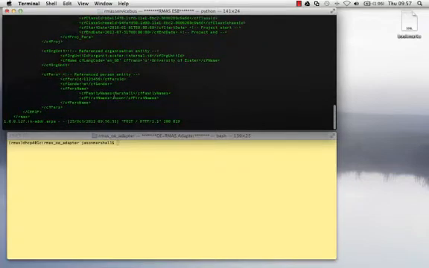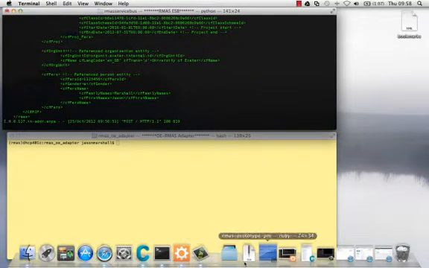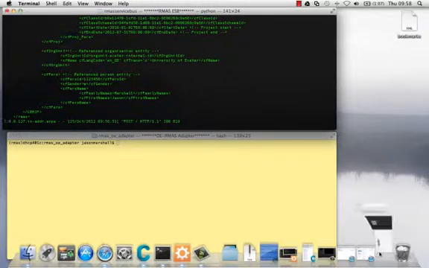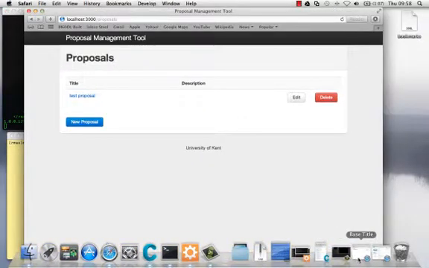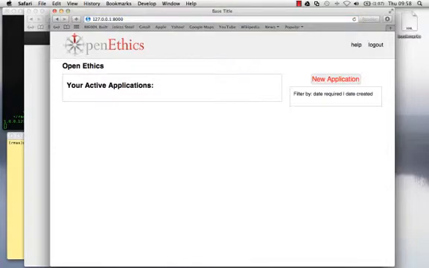So at this point, we've successfully managed to push from the proposal management tool onto our ESB. However, that won't have created an application in OpenEthics just yet, because we've not had the adapter running. So if we jump to OpenEthics and just refresh that page, it still says we don't have any active applications. So